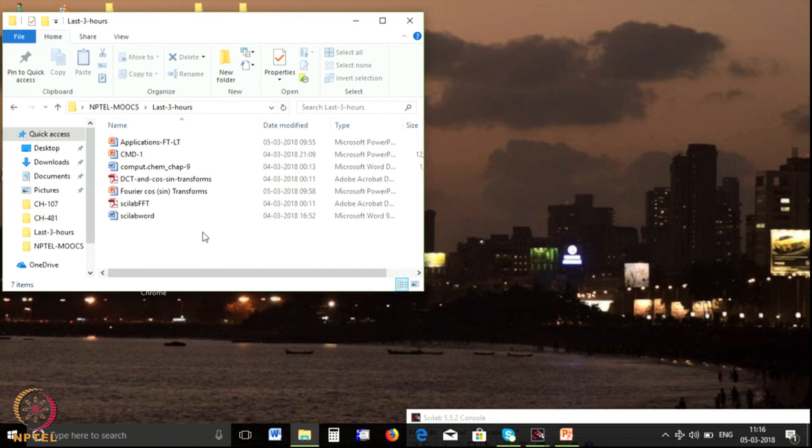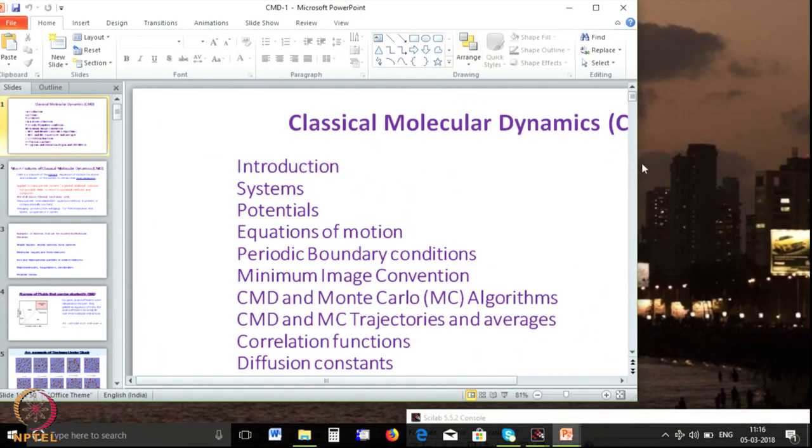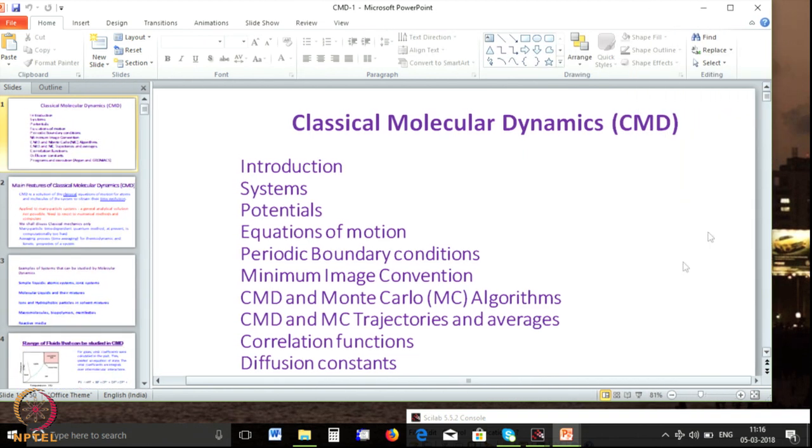So, what I want to do, I will begin now the discussion on classical molecular dynamics calculations. So, this is what we are going to do for the next 3 or 4 hours using our own program. Then after some time we shall use the GROMACS program.